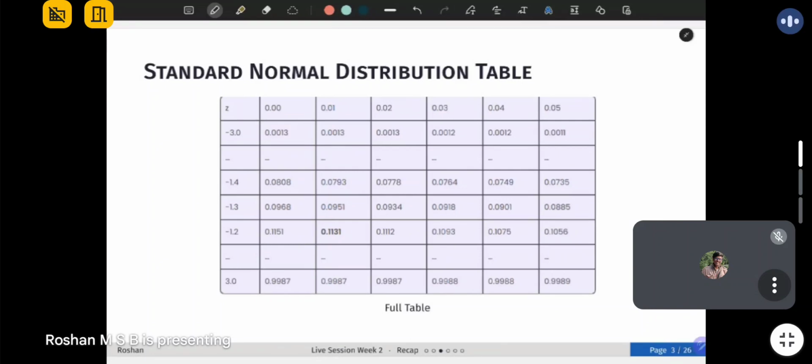Okay, so I think everyone understood how this table works. Just to give a brief introduction again, you have the standard normal distribution curve. It's centered around 0, and for any value, let's say -3, if I take it here, this is minus infinity. The portion from minus infinity to -3 is around 0.0013. That is what this table represents. Okay,